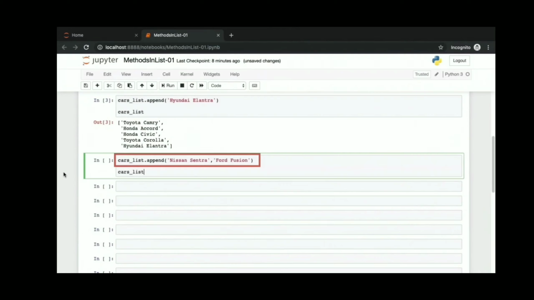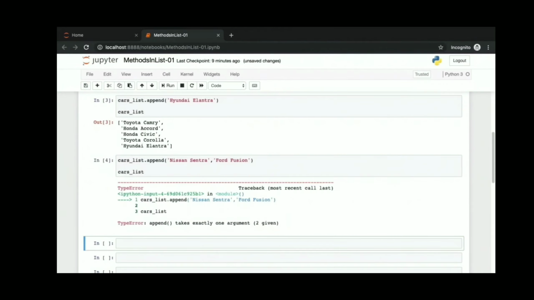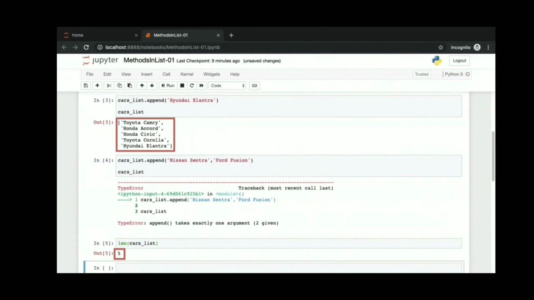The append method or function that we invoke on the list can add just one element at a time. So if you call append with 2 elements, you see that this is an error in Python. Append takes exactly 1 argument and we have tried to pass in 2. The append method invoked on a particular list changes the list itself. If you see the length of the car_list now, you will see that it has 5 elements up